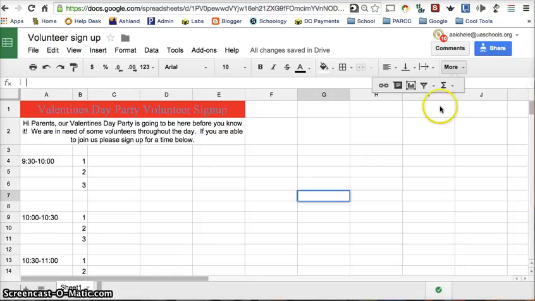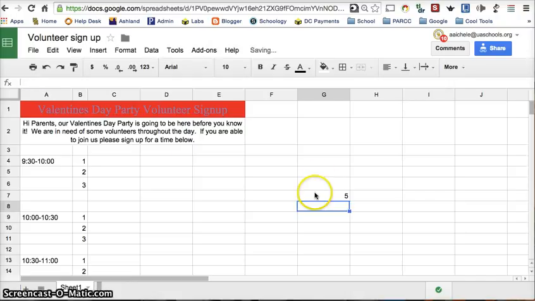Underneath that is the formula bar, and the formula bar is where you can input formulas and functions within Google Sheets to help you manipulate and analyze your data. So you can put formulas in your sheet one of two ways, and I'll show you that right now. I'll do a really simple one. I'll just type it into the formula bar, and it's going to go into the cell that I'm clicked in. So I'm just going to say equals 2 plus 3, and if I hit return,